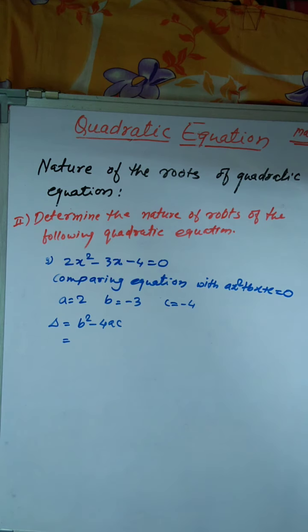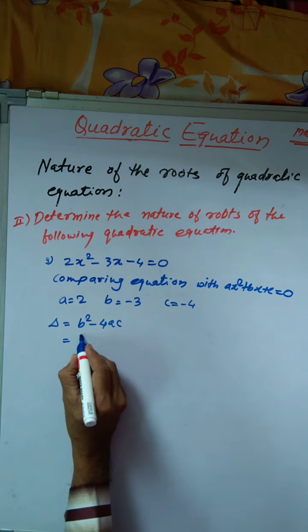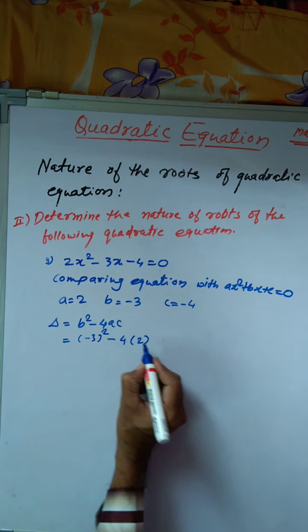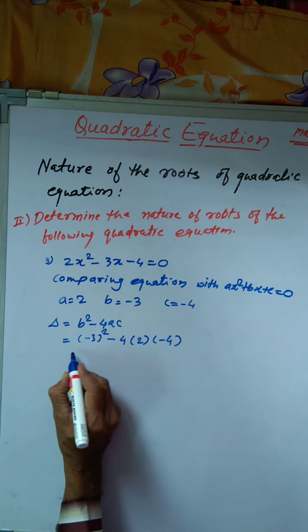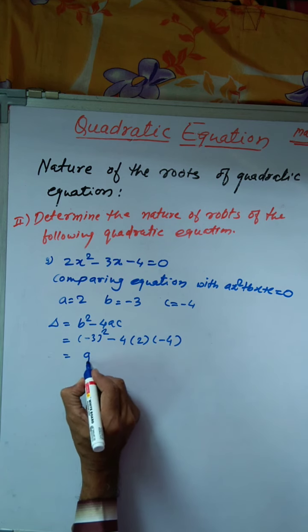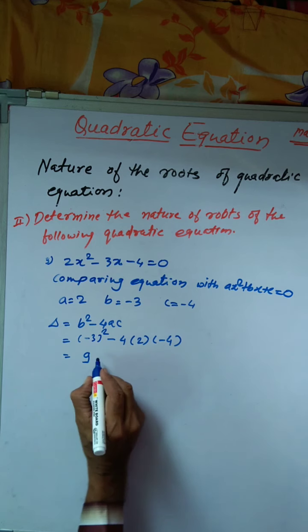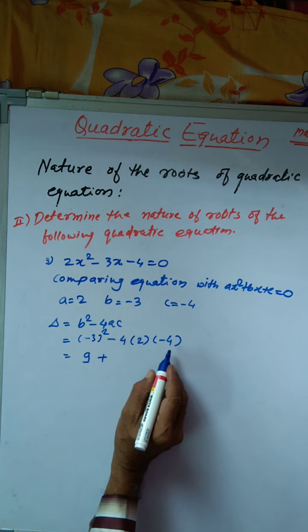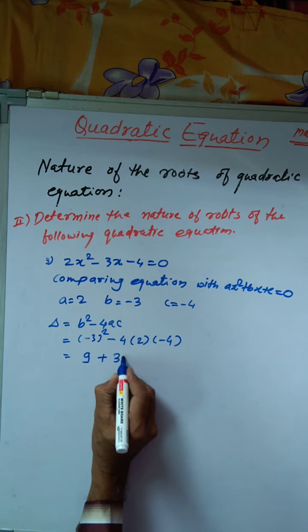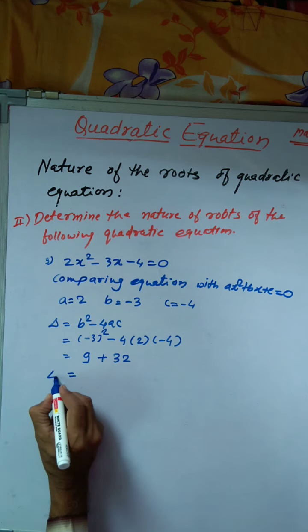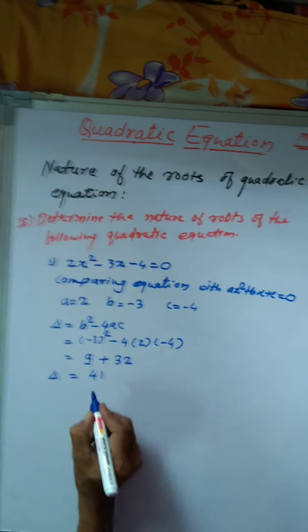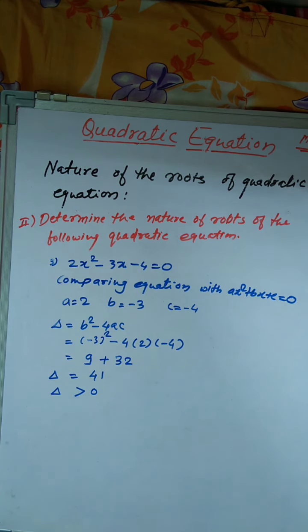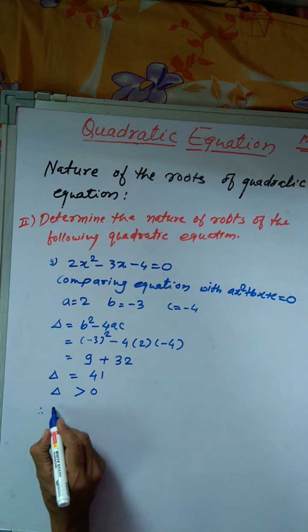Therefore, minus 3 bracket square minus 4 into 2 into minus 4. Hence, the square of minus 3 is 9. Minus minus gets plus. 2 into 4, 8 into 4, that is 32. Hence, delta is equal to 41, which is greater than 0. Hence, delta is greater than 0. Therefore, the roots are